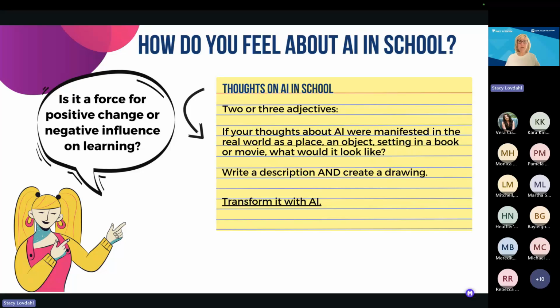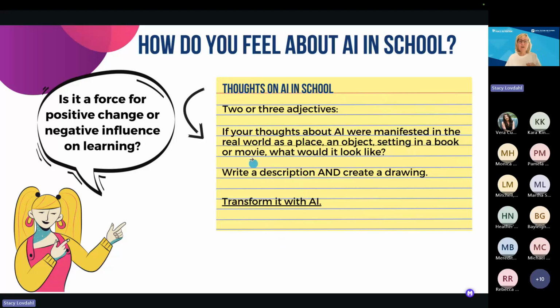But then I asked them to think about what their thoughts were on AI in school and whether or not they felt like it was a positive influence or a negative influence on their learning, and just brainstorm their thoughts. My hashtag that I have developed for this lately is think your thoughts first, right? We've got a lot of concerns about whether or not AI is just going to do all of our thinking for us, and nobody will ever think for themselves again. So hashtag think your thoughts first. Write it down, brainstorm it somewhere before you just start flinging it into AI.